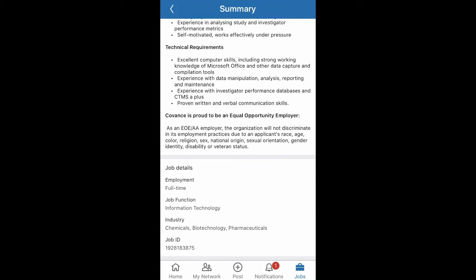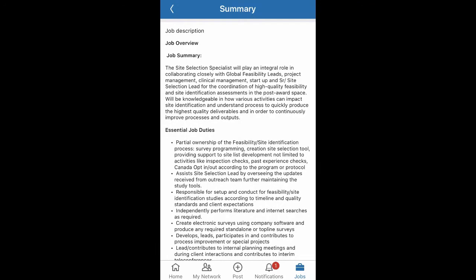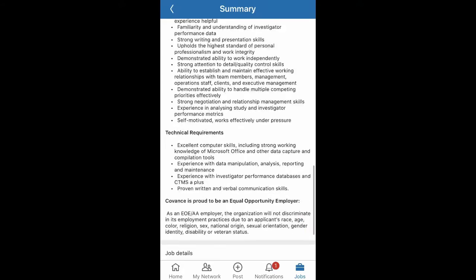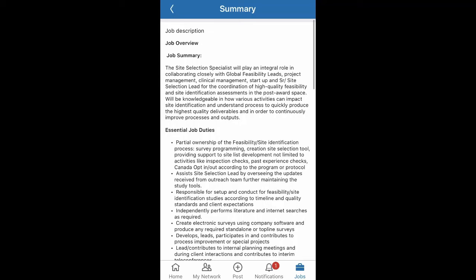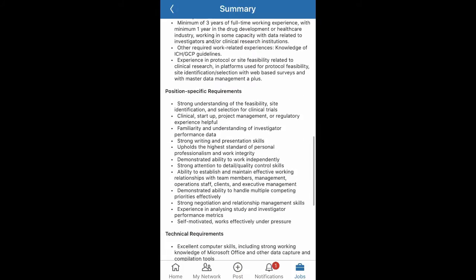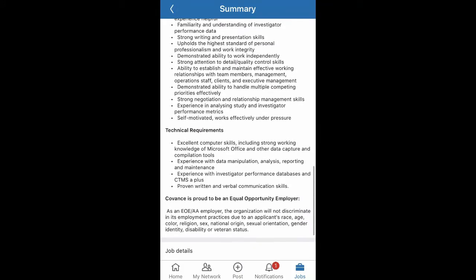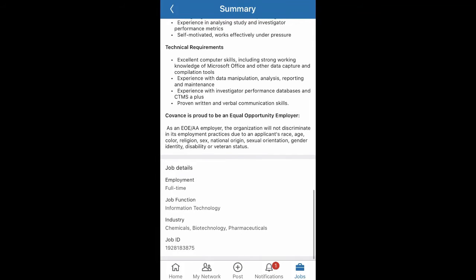And also keep in mind, if you are applying via email, if you are sending an email to HR, you should mention the job ID in the subject. For example, if we are applying for this job application, you will write clinical site selection specialist, then slash, and then job ID number, application. So the HR or the particular person will easily understand what particular job you are applying for, and it will make a good impression of you, that you are aware of the job ID and how to apply for the job.